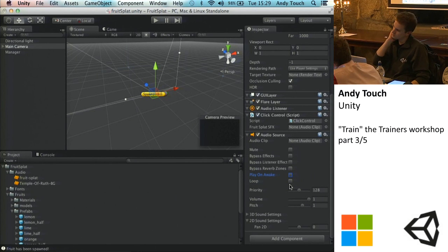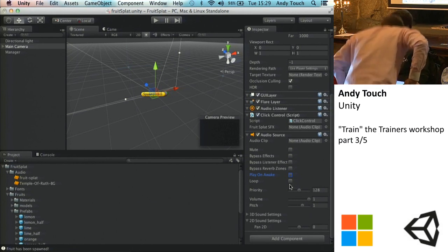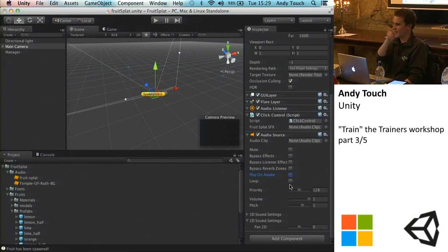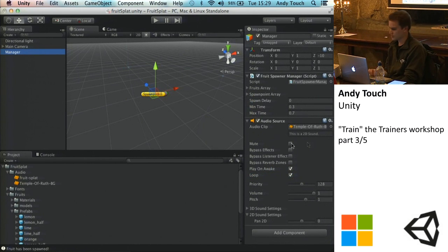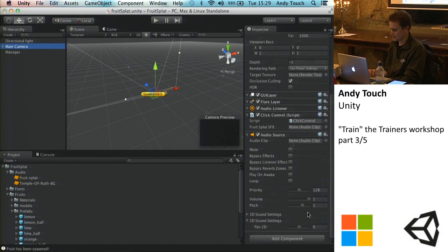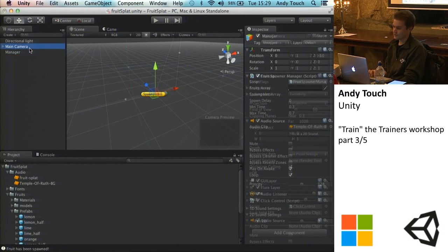So for each audio we want to play, we need an audio source. For example, if we want to play two sounds at the same time, you need an audio source on the object that's emitting that sound. If you've got a script on an object to play a sound every 5 seconds, you need an audio source on that object to output that audio. Cool. So we've now got two audio sources. One is just playing, which we've set up in the editor with drag and drop. The other one is going to be almost like an open casket, and we're just going to pass in